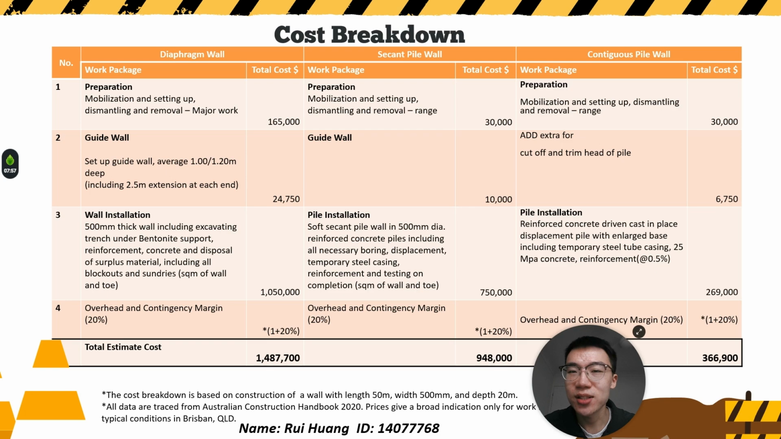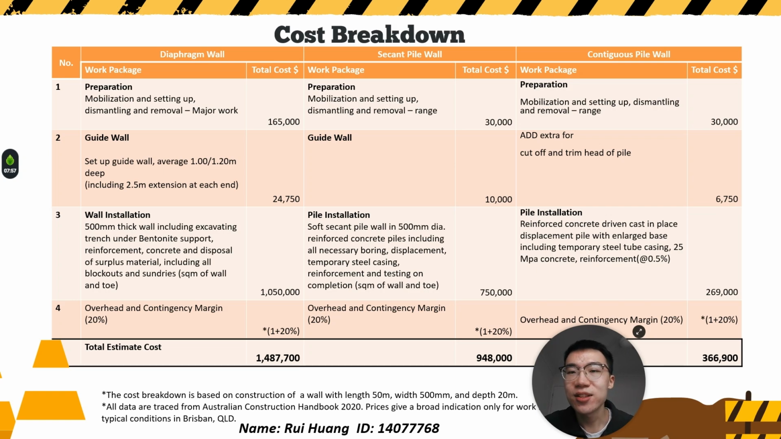Finally, for the contiguous pile wall, preparation is again $30,000. An additional $6,750 is included for cutting and trimming the pile heads. The main pile installation, involving reinforced concrete piles with enlarged bases, casing, and reinforcement at 0.5%, comes to $269,000. Again, a 20% overhead and contingency margin is applied. So the total estimated cost for contiguous pile wall is